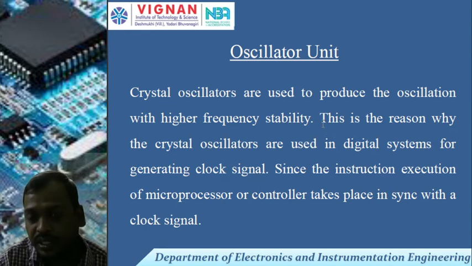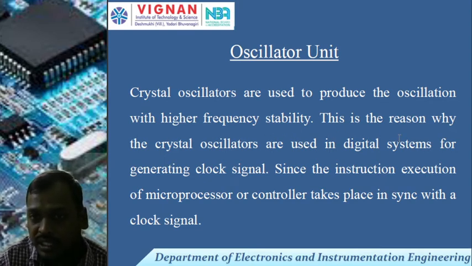frequency. Suppose you are taking a MOV instruction, it will execute in two machine cycles. One machine cycle may take 1 millisecond, so two machine cycles will be 2 milliseconds. Like that, to execute instructions, a time period is required. Time period means the frequency is required. Generally, time period is equal to 1 by f. Like that we can calculate the time period.